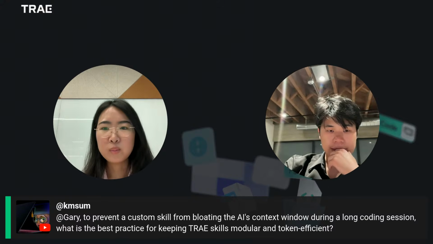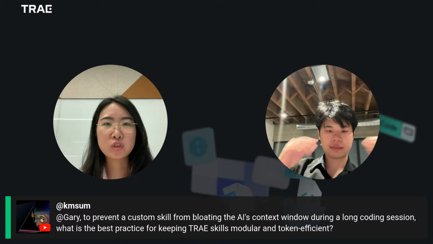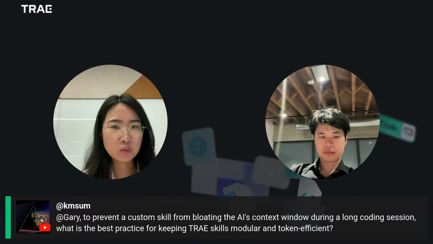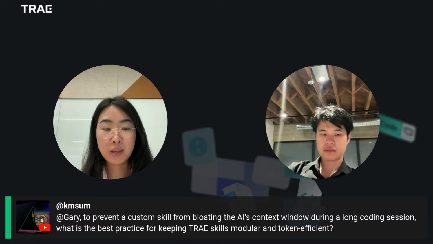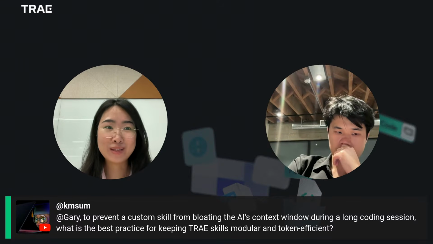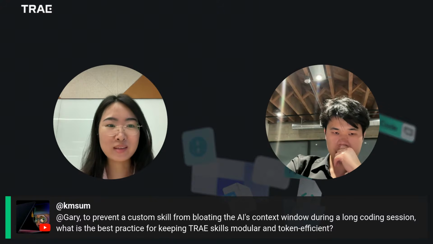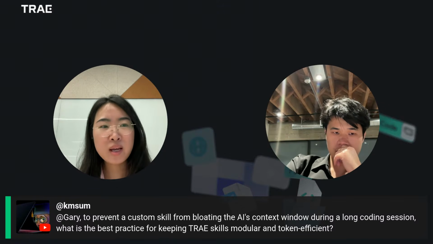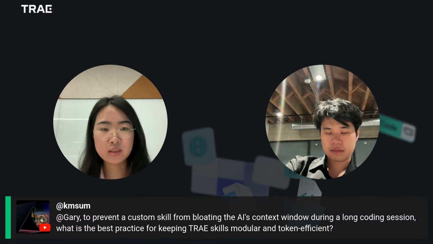Yeah. Thank you, Gary, for this. And personally, I do have a couple of suggestions or best practices as well. First thing is, in Tray, you can actually install skills at a project level or a global level. Meaning, if you don't really need a lot of skills in this project, like Gary said, then you can only install the skills you want for this project. But if there are some skills that you want to use across projects, then you can install them as global ones so that you don't mix the two.